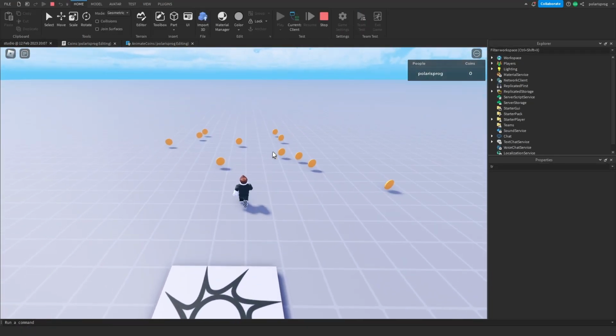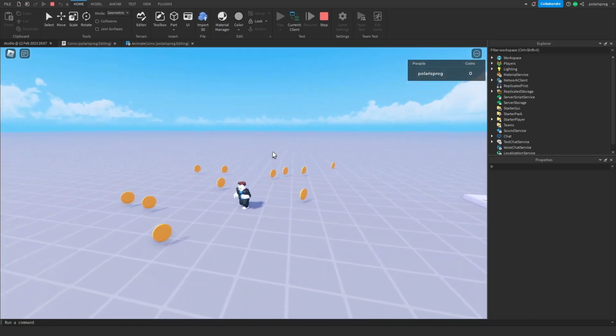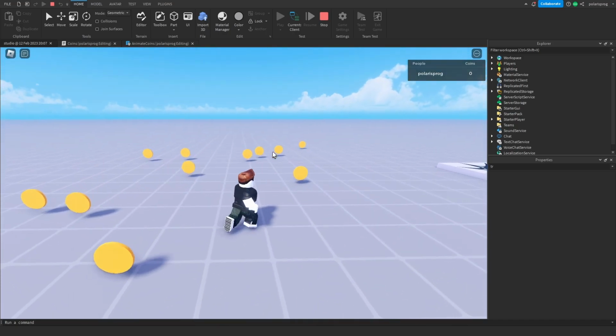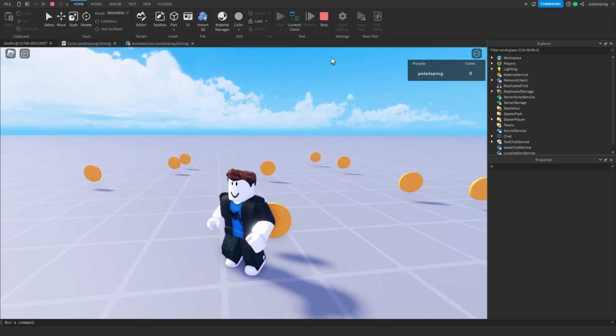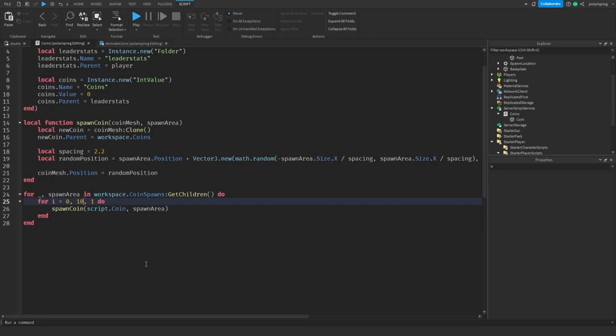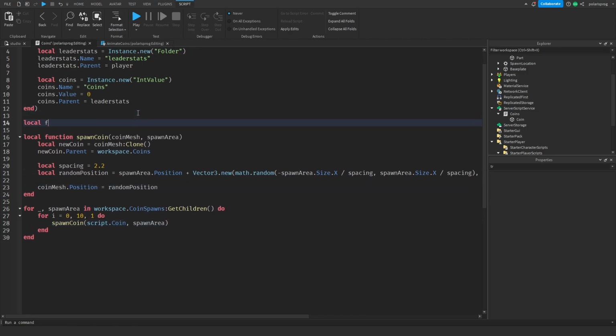And yeah, that's pretty good. Now we have a lot of coins randomly spawned. And yeah, what I'm gonna do now is make it so that you're able to actually collect these coins. Okay, so what I'm gonna do now is add another function in here, local function collectCoin, and it's going